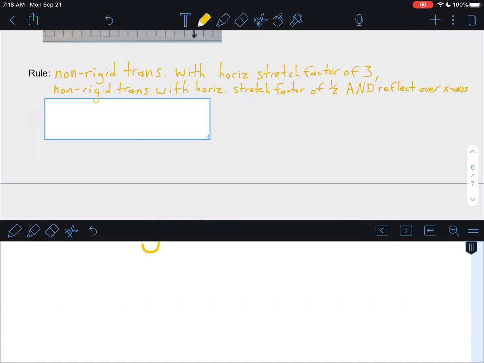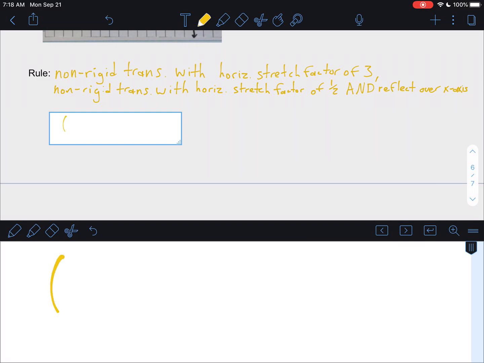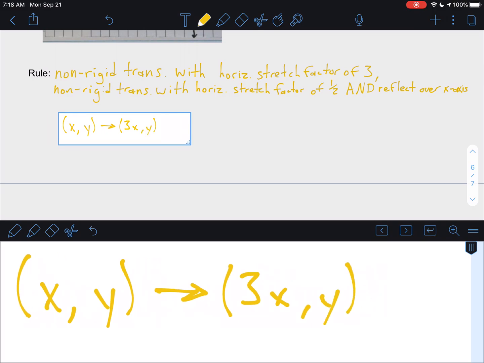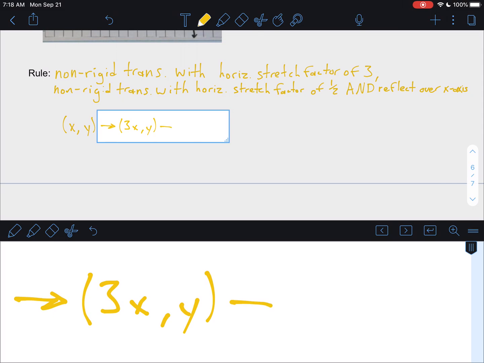Or, if we wanted to write this out, so we started with our first triangle, which its points were all x, y. And then our second triangle, I think we said we multiplied the x values by 3. So it went to 3x, y. The y value stayed the same. And then our third triangle